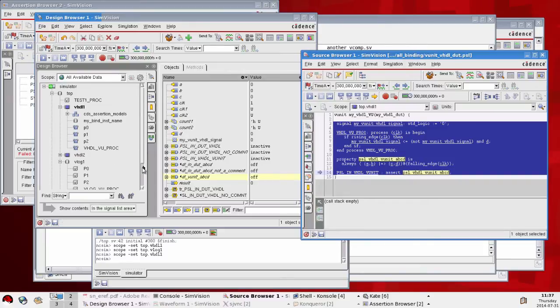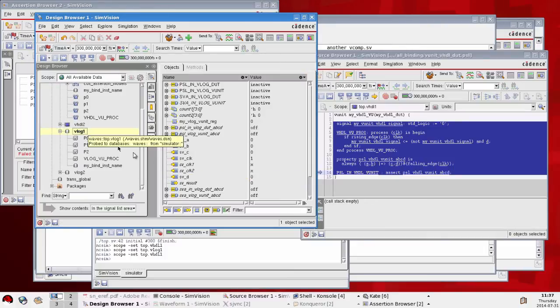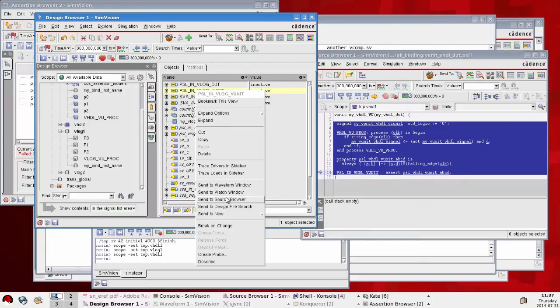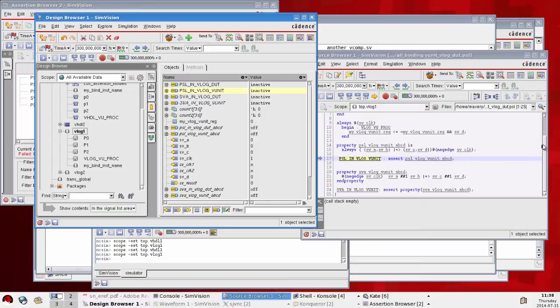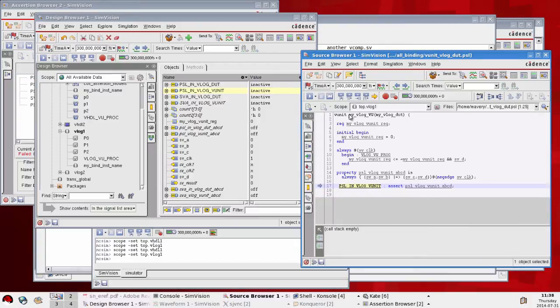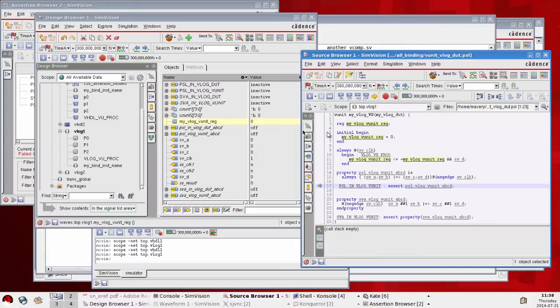Now in the Verilog one, if we look at one of the Verilog instances, let's choose this one, for example. Where did that property come from? That's the source browser. That's coming from a VUnit as well, and we can see the name in the title bar of this window of the file. It's a .psl file. Again, keyword VUnit, that's the name of the container. We're applying it to a module with that name. That's the name of our Verilog DUT module. Inside there we're describing a reg, so that's where that reg came from. We've got an initial block, we've got an always block,